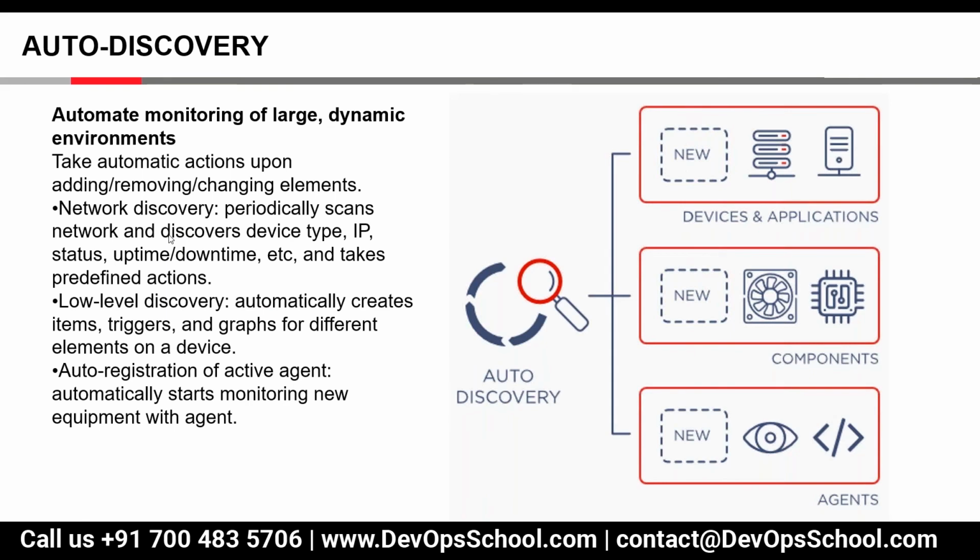That means on a Windows machine, I can create one discovery item. That item will capture all the service monitoring. If you check your Windows machine in the background, it has hundreds of services. So we can create a discovery item for it. It will capture all the services. Then we can create the item prototypes, and one by one, I will get all the parameters. So that is called a low level discovery.